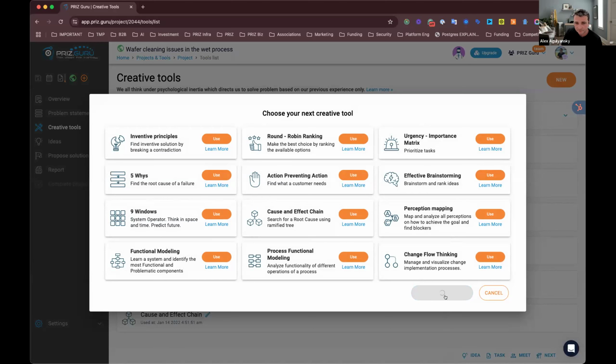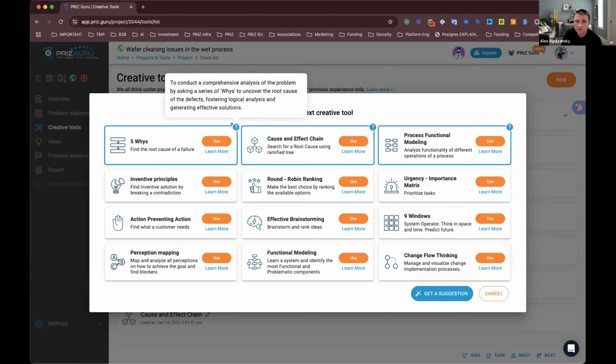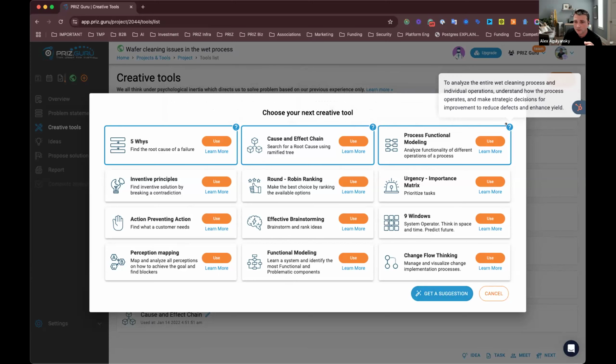Many times somebody with more experience will know it by heart, but many people look at this entire list and think, okay, where do I start? So this is where do you start, right? And it's absolutely correct. Now, we went with not the process functional model, but the system functional model, which is this one. But it doesn't matter. It actually does a pretty good job, and it explains as well what kind of value you can get for this particular project from particular tools. So this is very helpful, and we've seen it improving and reducing these questions. What's next?